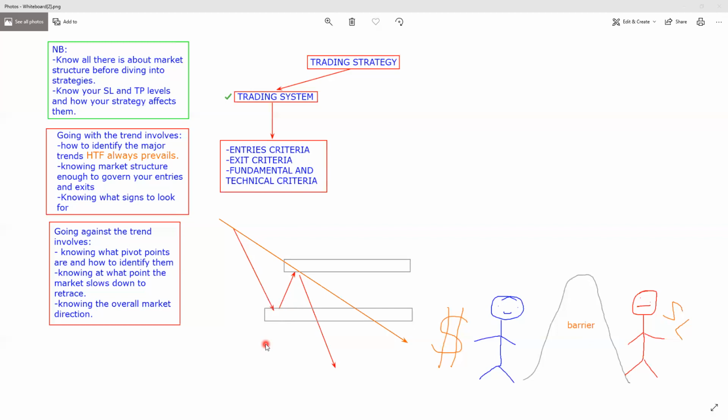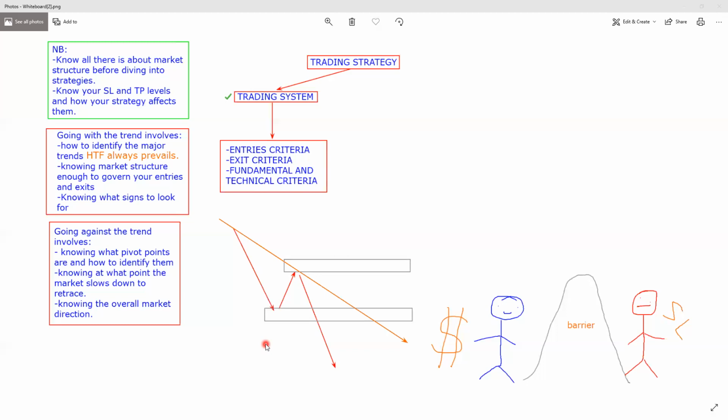I don't know whether you've heard about pivot points before, but if you haven't, I'd suggest reading a simple PDF or a simple blog about someone who's written something about pivot points, and you can also find them on babypips.com. I also recommend that book because it is what helped me gain ground in understanding what the Forex market was. I'm in no way affiliated to Baby Pips, so I'll have them linked in the description. Other than that, once you know what pivot points are, you'll be able to identify them, because those are the turning points in the market.